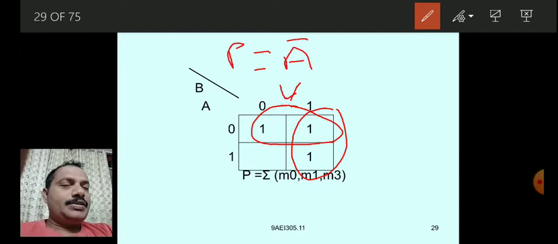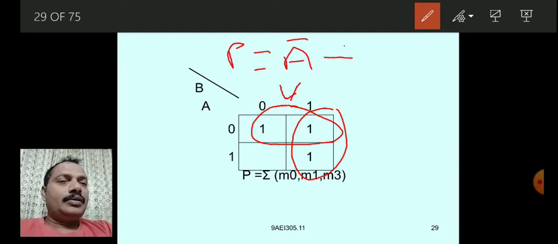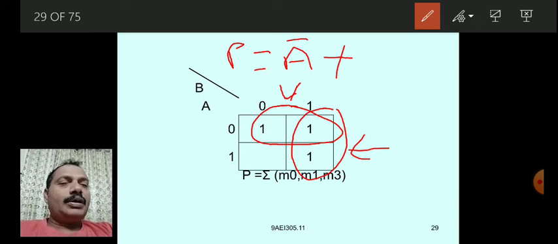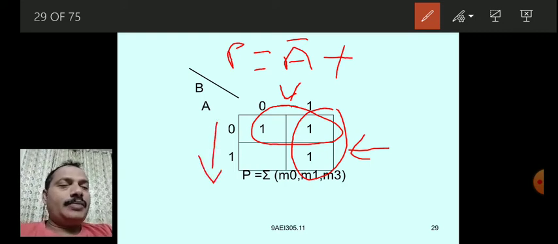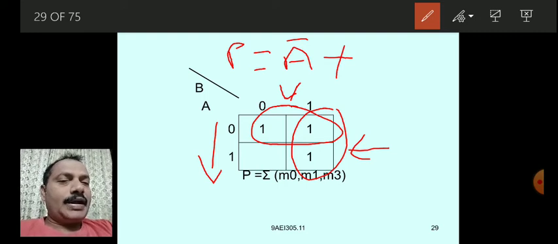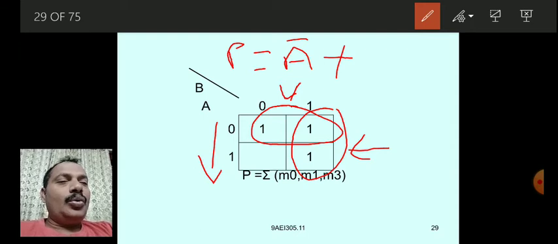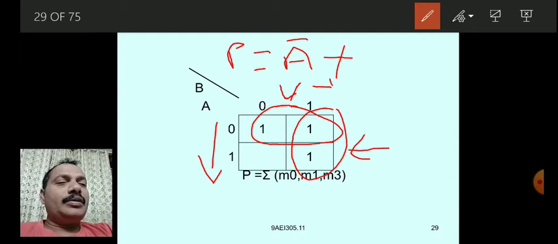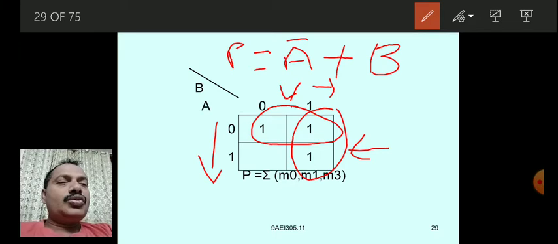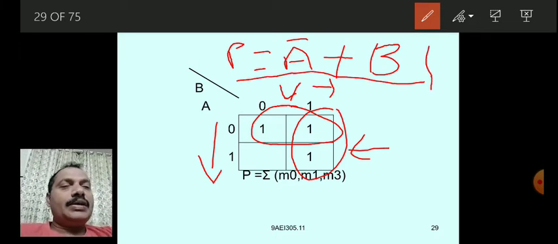Similarly, plus, for this group A is changing. Going on the row side, A is changing, hence it is eliminated, and only B is remaining, only B is in the column side, hence you write B. So this is the simplified version of the expression.